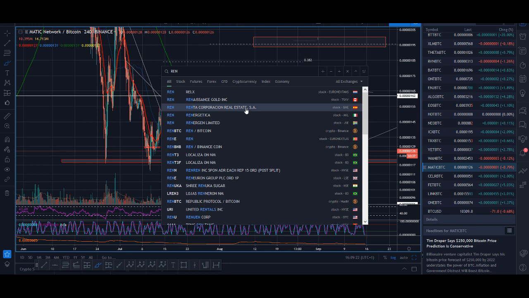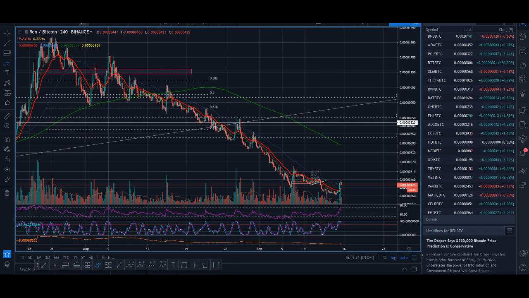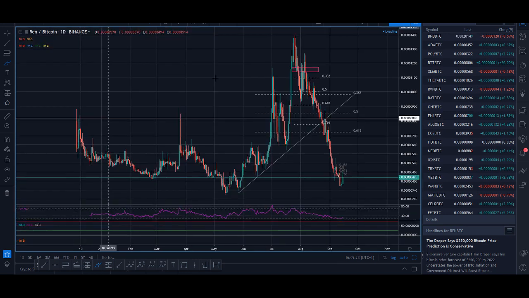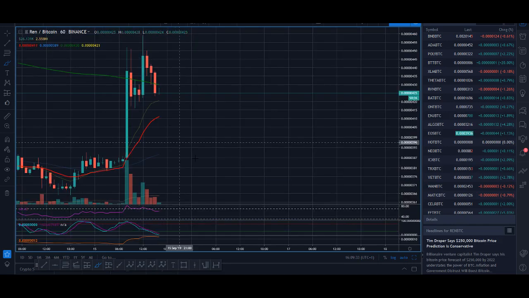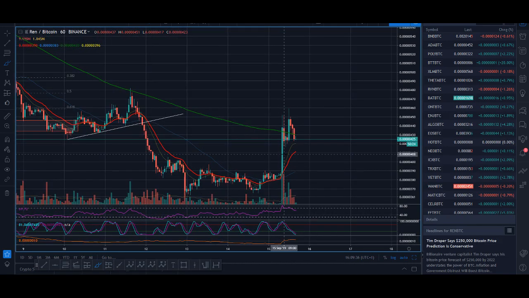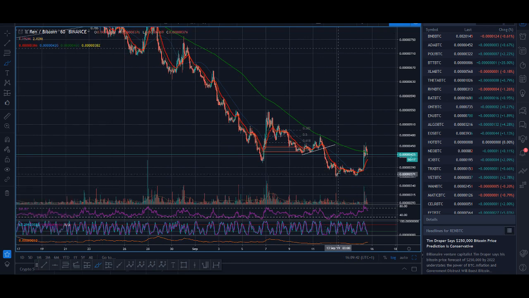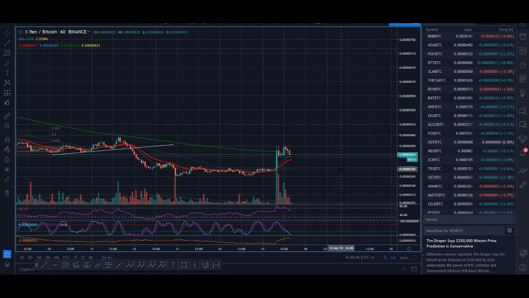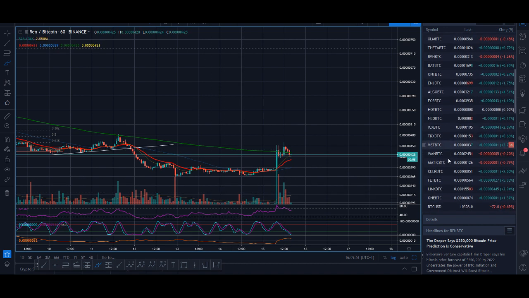Ren is another coin I'm keeping an eye out for. Maybe I should add Ren to my watch list as well. I did take a trade on Ren. Again, you can go watch my top 5 video. I've got Ren in there. It had a very nice breakout. Wow, that would have been a nice trade, guys. So this is another coin that I'm probably going to add to my list, because Ren seems to pump quite hard. So that was my thoughts on Matic.